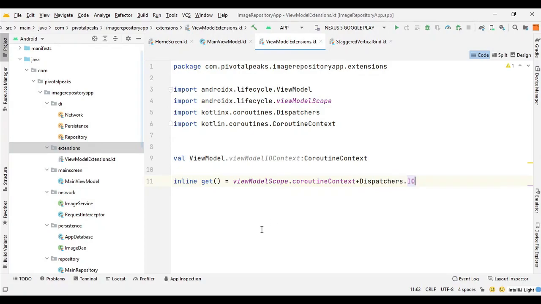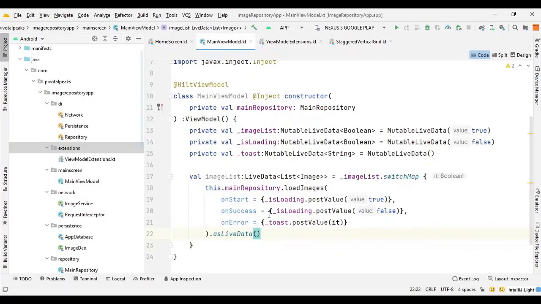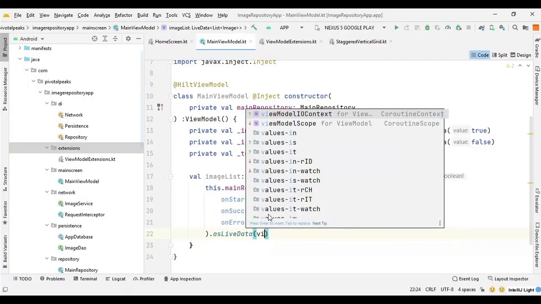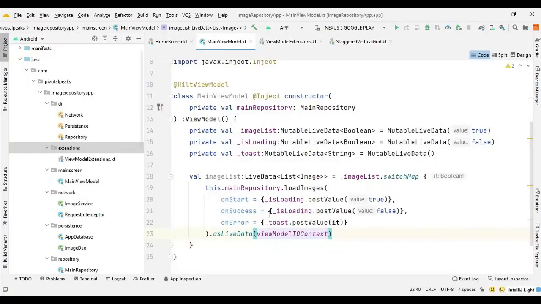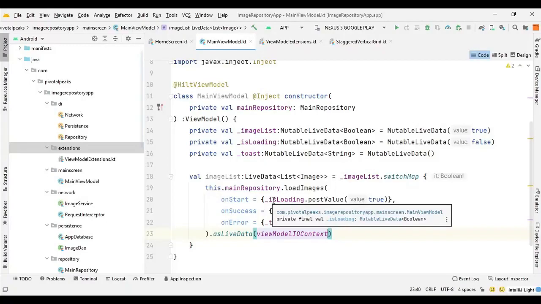Now we provide this view model input output context as a parameter to our live data function in our main view model. So here we can say view model input output context.